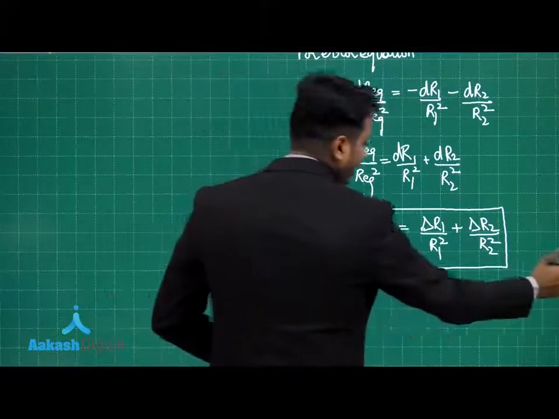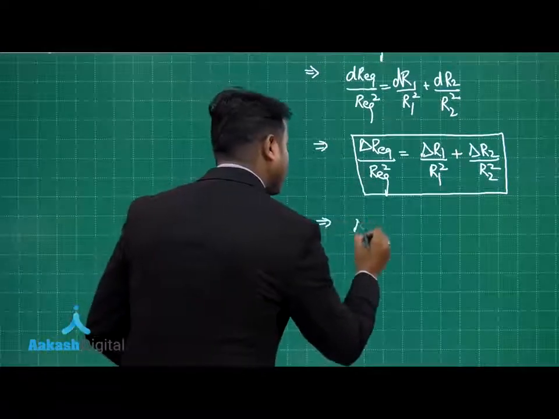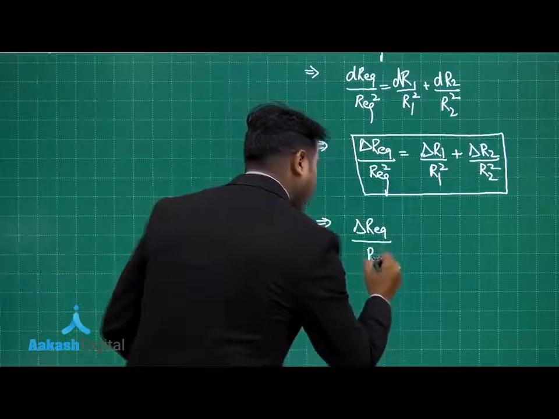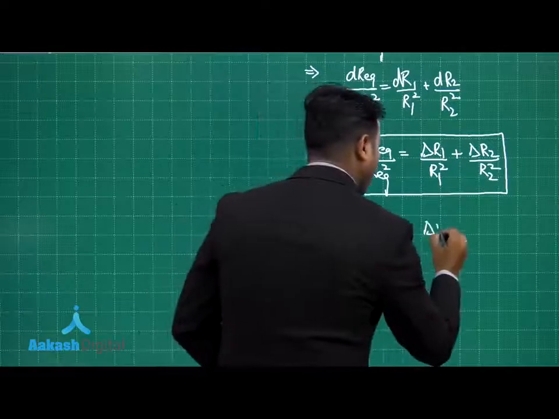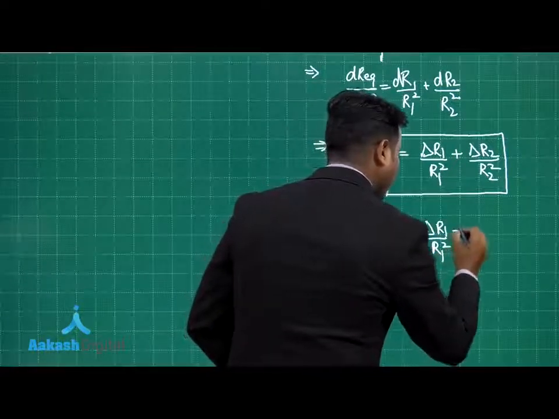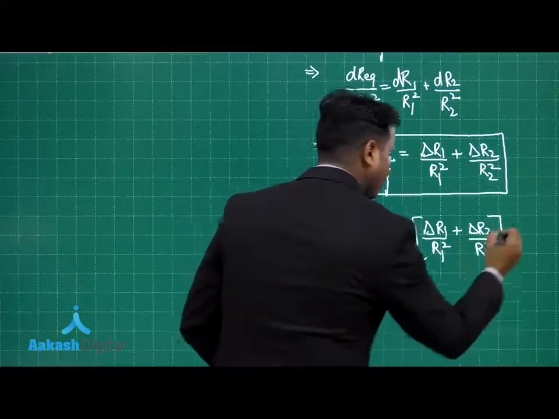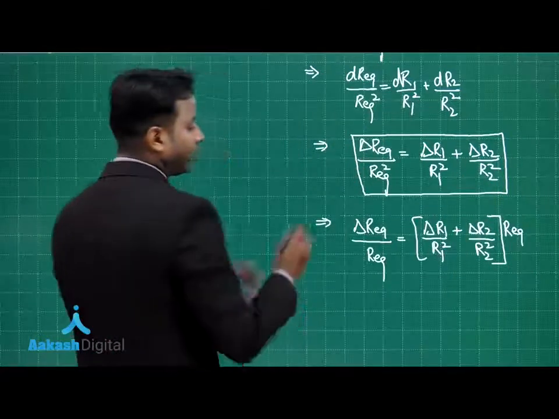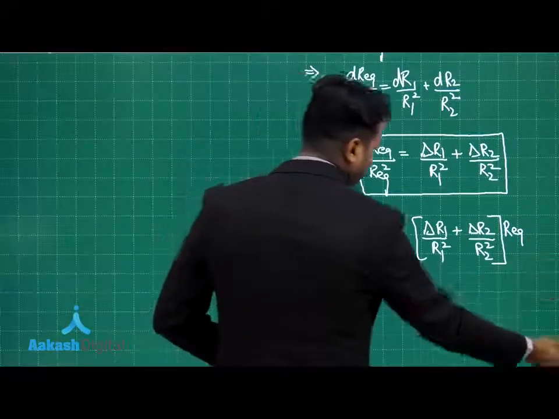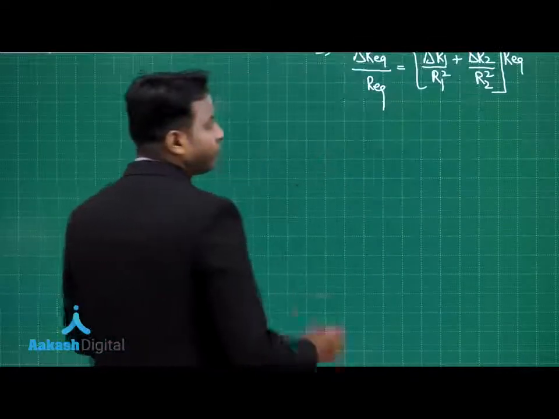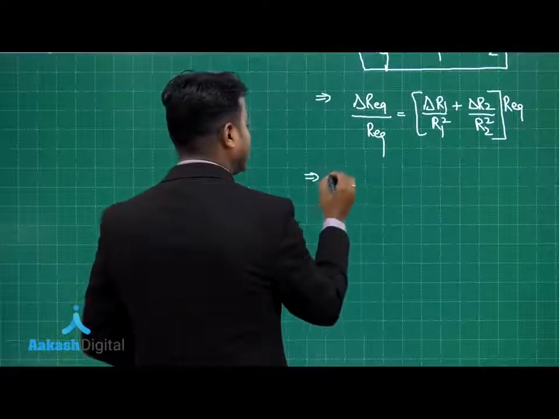So this is the final expression for the calculation of error in case of parallel combination of resistors we need to understand. Now from this I can find out the relative error in R equivalent. So this can be delta R equivalent by R equivalent is equal to, now this R equivalent can be multiplied to this side. So this is delta R1 by R1 square plus delta R2 by R2 square multiplied with R equivalent. I hope this formula is very clear to you. So let's put all the values and find out the required quantity. So as per the question, I need to find out the fractional error in the equivalent resistance, that is delta R by R equivalent, and this is equal to,